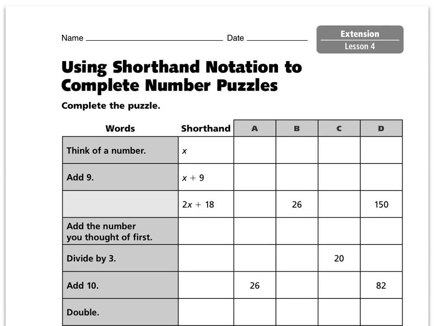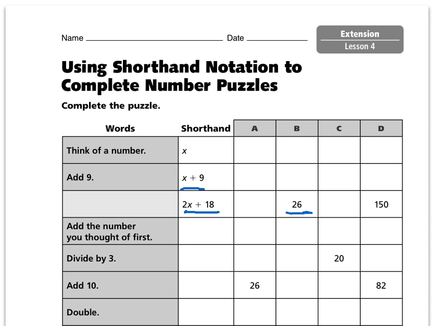Let's look at Chapter 14, Lesson 4 Extension, using shorthand notation to complete numbered puzzles. Complete the puzzle. We're going to have to work backwards on some of these in order to solve them. So let's start in the second column where B is, and try to work backwards. Looking at this, you can see the difference from the shorthand x plus 9 and